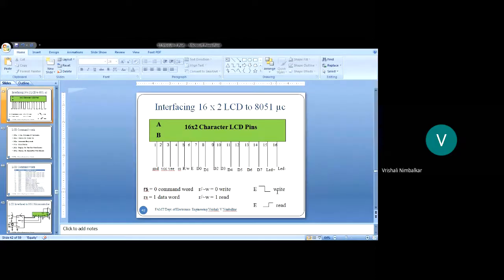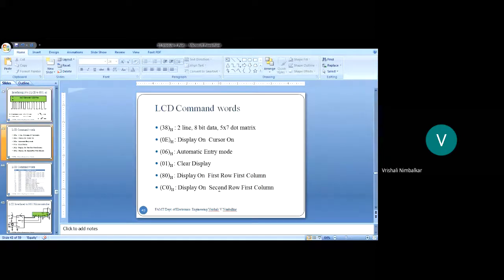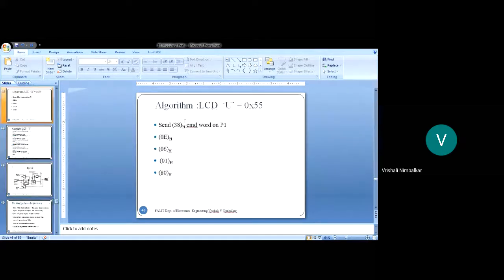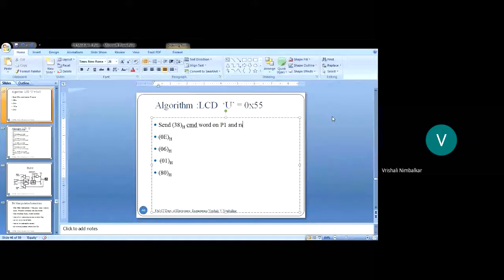That makes a falling edge on enable. So what I have to do here, students, is send 38 hex command word on port 1, and RS is to be made 0 because it is a command. And what should you give on enable?